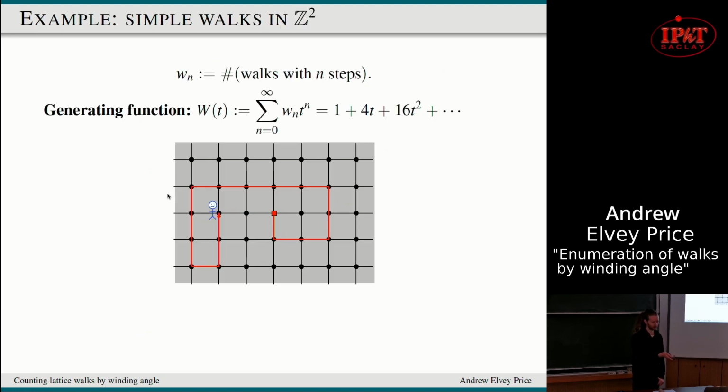Just to start with a simple example, if we want to count walks of n steps on the square lattice, then we can define the generating function W(t) to be the sum of w_n times t to the n, which starts like this. And so if we want to